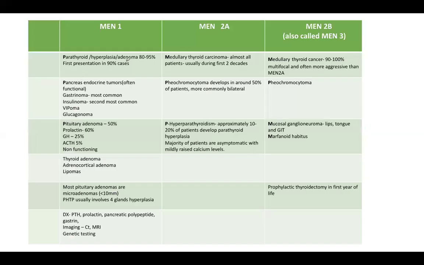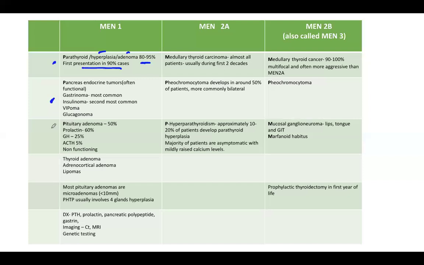So we have discussed that we can see parathyroid hyperplasia or adenoma in 80 to 95%. Mostly it is hyperplasia, sometimes it's adenoma, and it is the first presentation in 94% of cases. So they present with hypercalcemia from parathyroid hyperplasia, and they may end up having other symptoms of this syndrome later on, but at first they will present like this. Then they may have